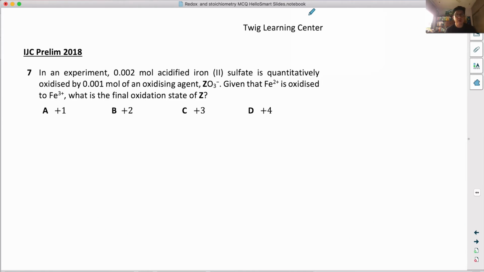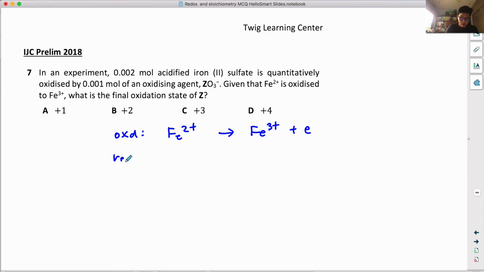Let's try question number 7. Iron(II) sulfate is oxidized by the oxidizing agent ZO3 minus. Given that Fe2+ is oxidized to Fe3+, what's the final oxidation state of Z? So again, we always have to write two half equations and the mole ratio. So I'm going to write down oxidation. Oxidation: Fe2+ becomes Fe3+